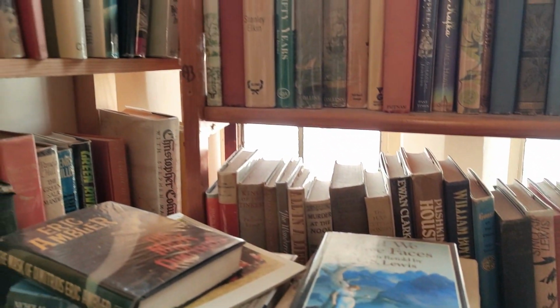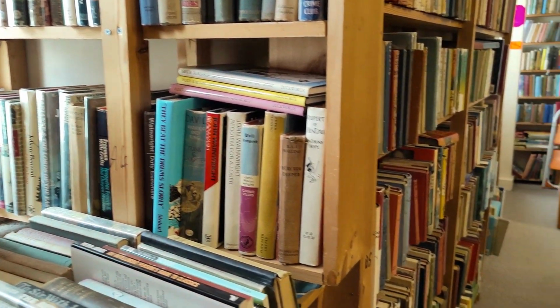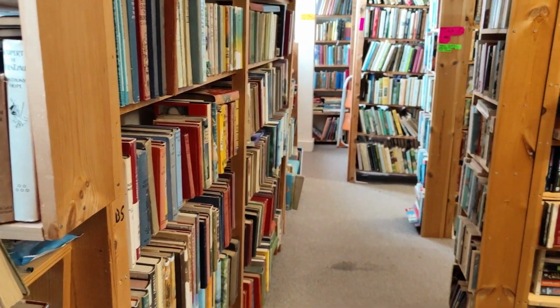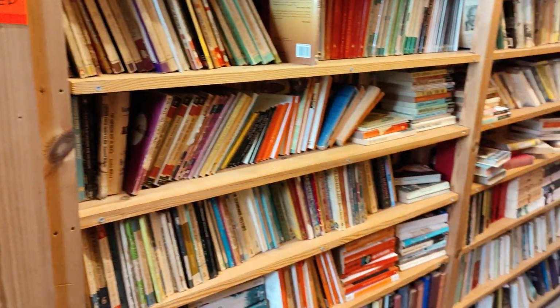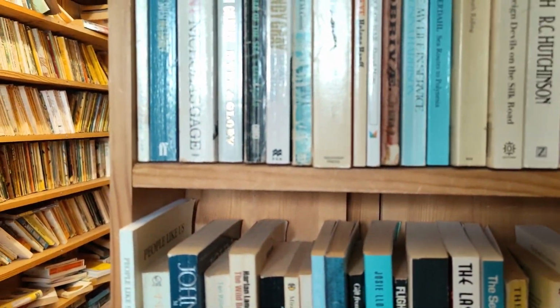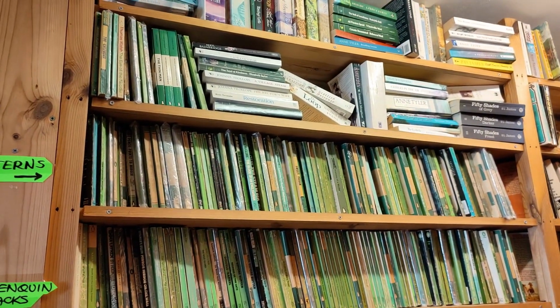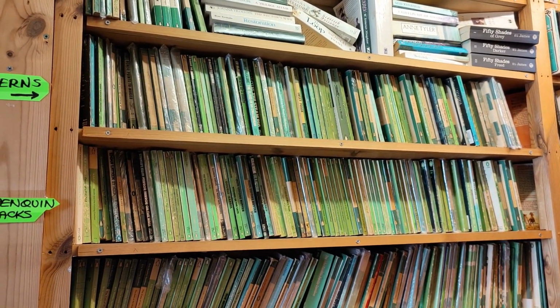I just thought I'd get a few frames of the inside of the shop, just to give you an idea of what it's like. Definitely worth a visit if you're ever in the Plymouth area, and pretty much now he is the only decent bookshop in town. That's it, as simple as that. He's the last bookshop standing, so he deserves our support,